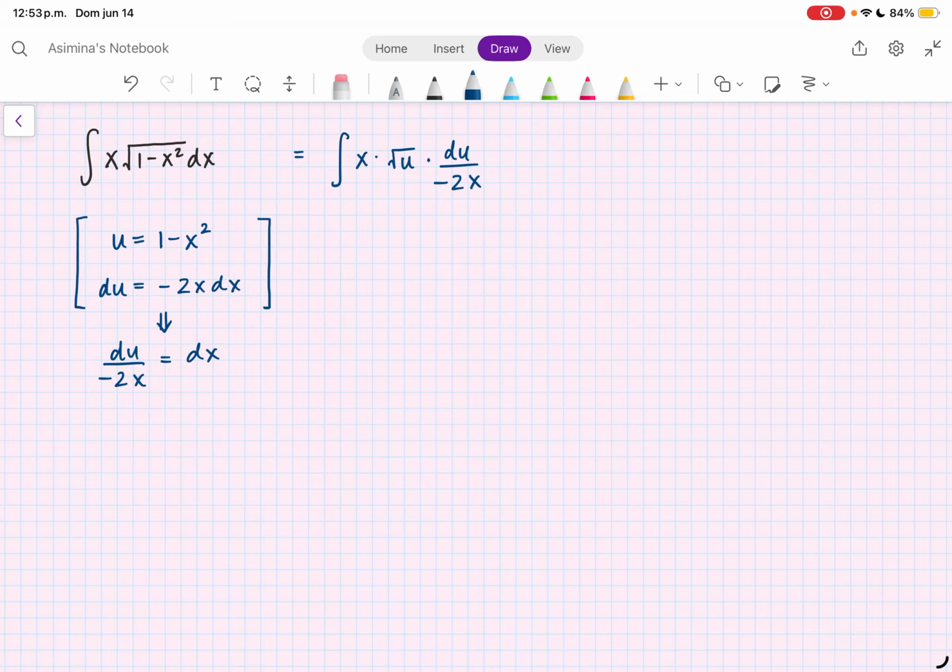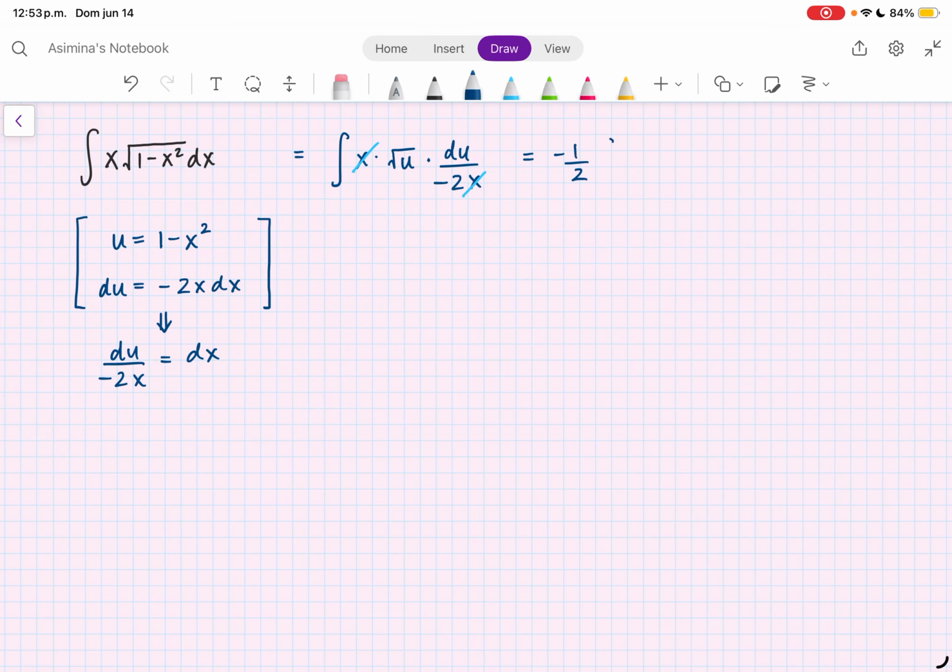Now we can do some simplification. Here I see the x will cancel out with the x in this denominator, and the minus 2 in the denominator can get factored out. So we can take minus 1/2 out front, and this is minus 1/2 times the integral of the square root